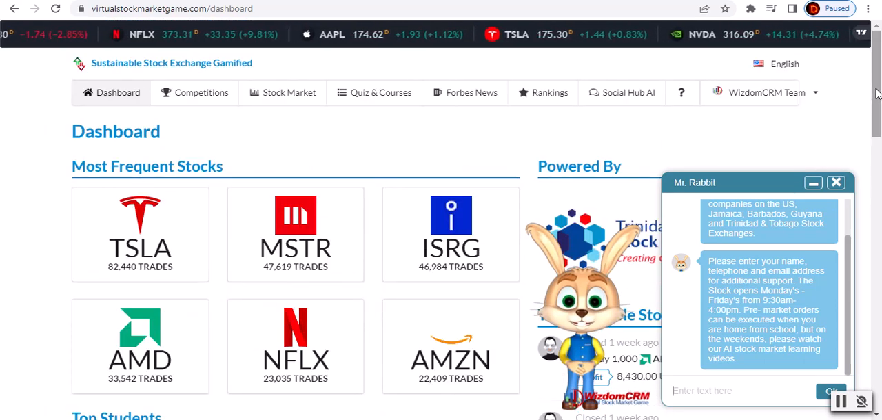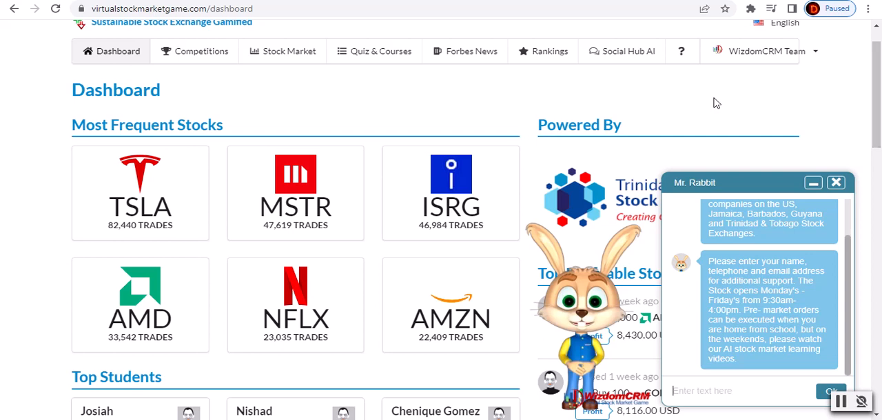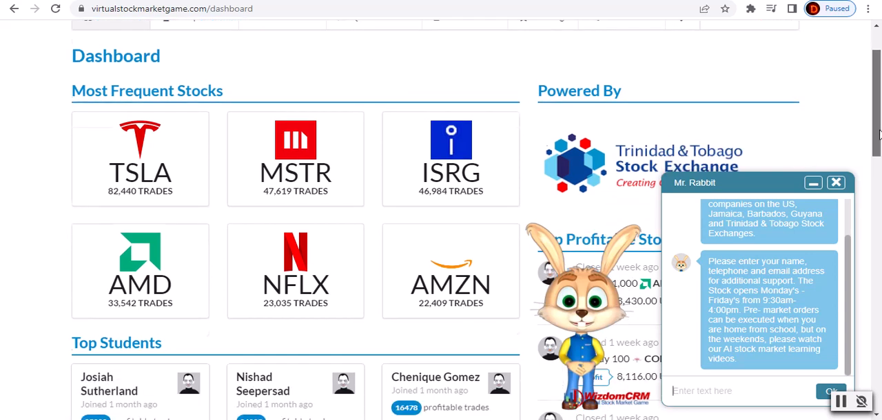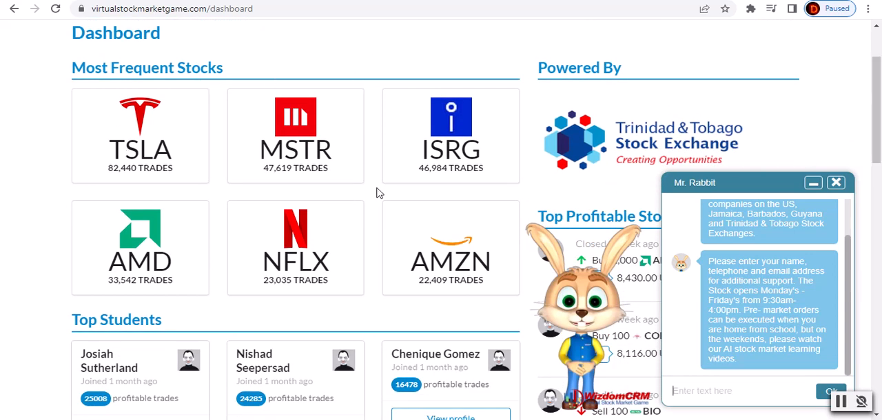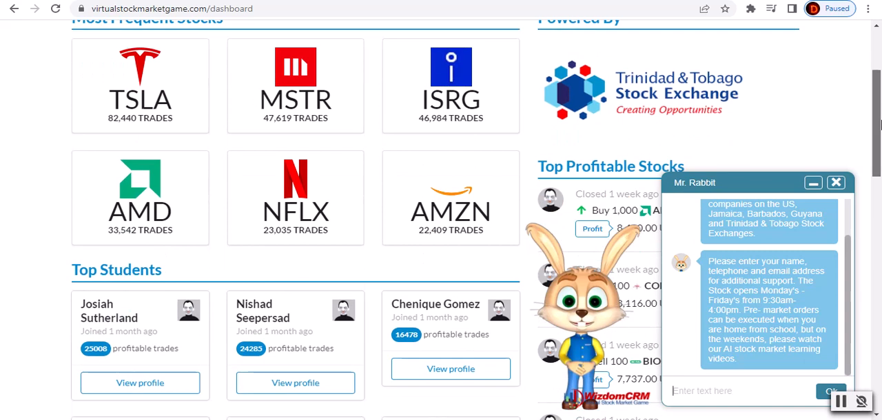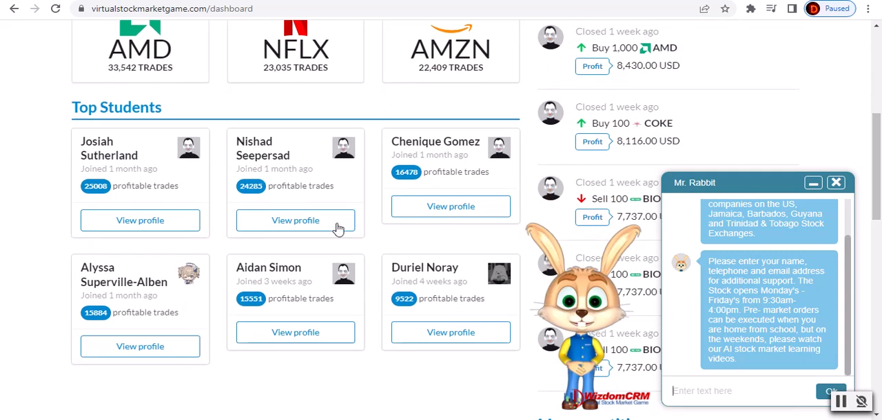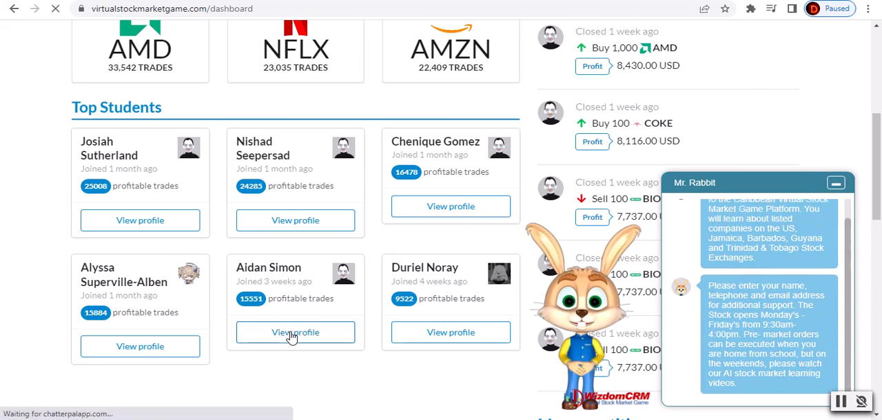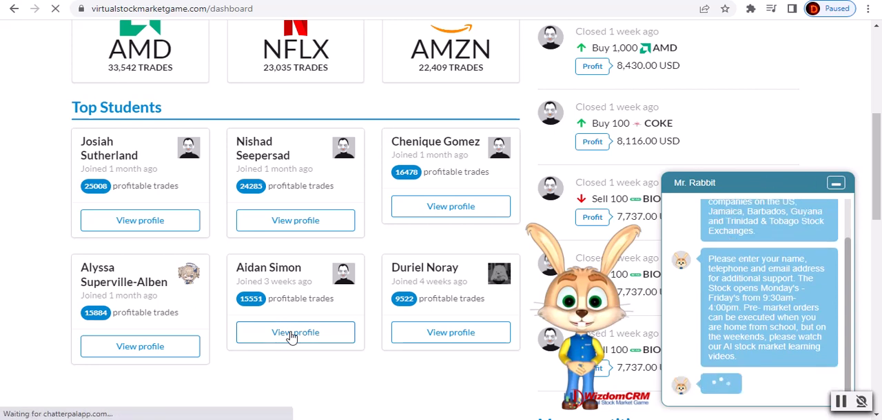So according to Mr. Rabbit, he said we should move over to the stock market tab, which is here. But let's dig in a little further. The algorithm will aggregate the most frequent stocks here amongst all the players, and this will show us the top players based on most profitable trades. So if I click on this player, which is Aiden Simon, for an example,